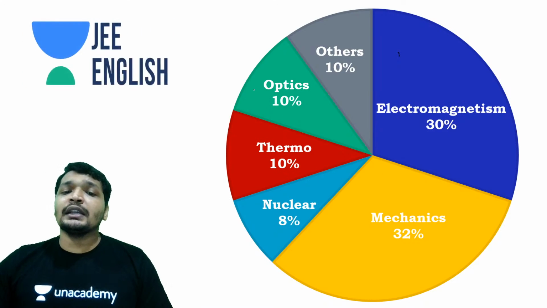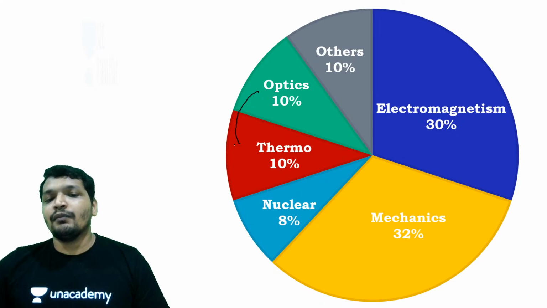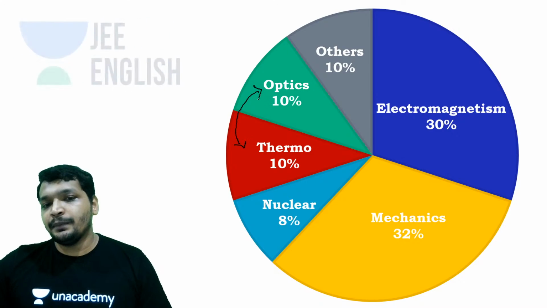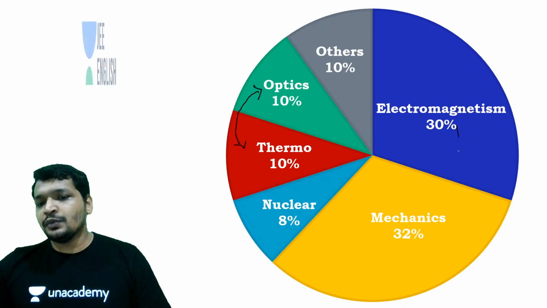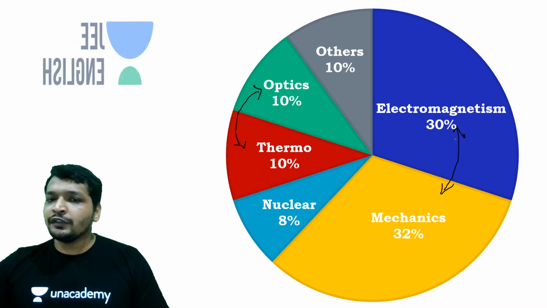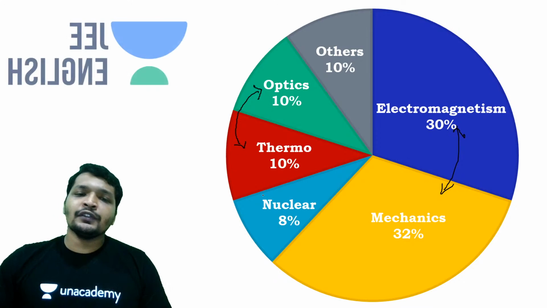And then it would be either optics or thermo. You can't ignore any one of them. At least one of them. It can be independent of each other. One of them, how much? Like 40% of the paper. You need to attempt 50% of the paper